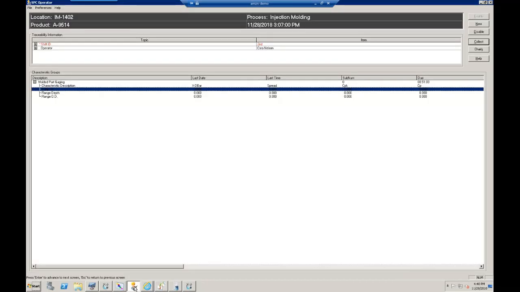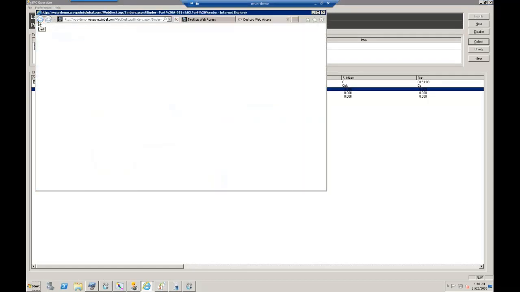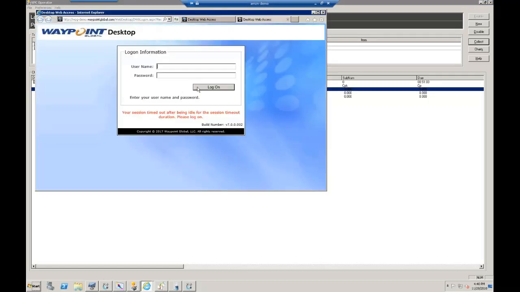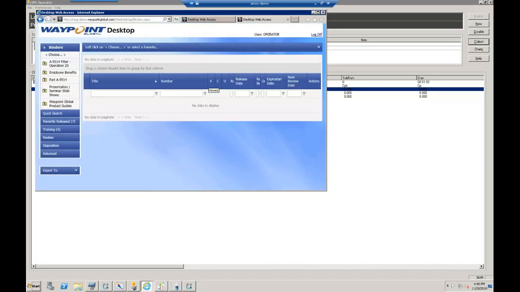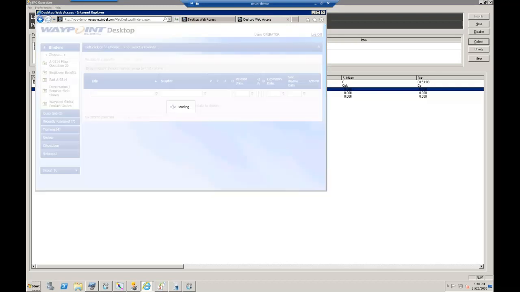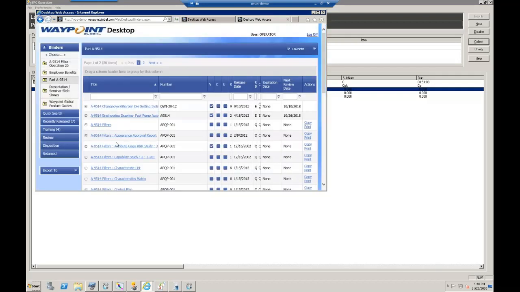In SPC Operator, as I mentioned, if I jump in here to SPC Operator, under the File menu, you now have a new option here, View Binder. And the View Binder takes you up to Desktop Web Access here. And so if I log in here, we'll say as an operator, and I needed to view the print for this particular document, or this part that I'm making here, I can go to the binder,